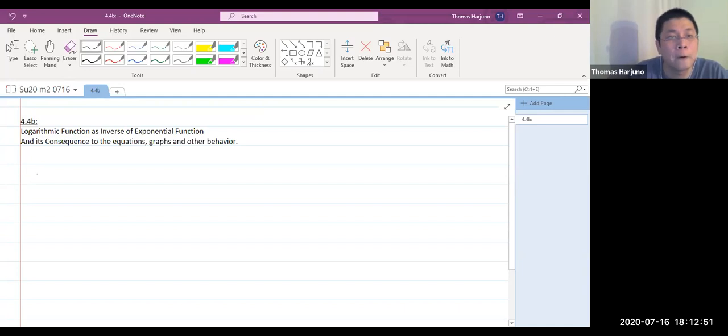Okay, let's call that a theorem instead. Yeah, theorem. If f(x) equals log base a of x,